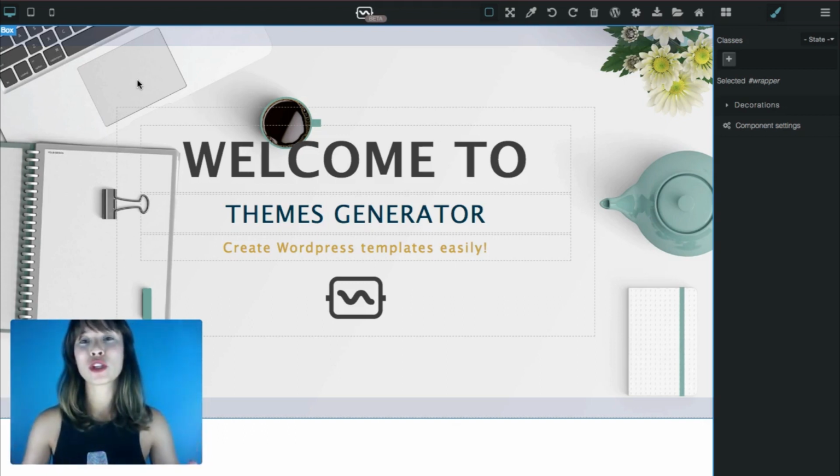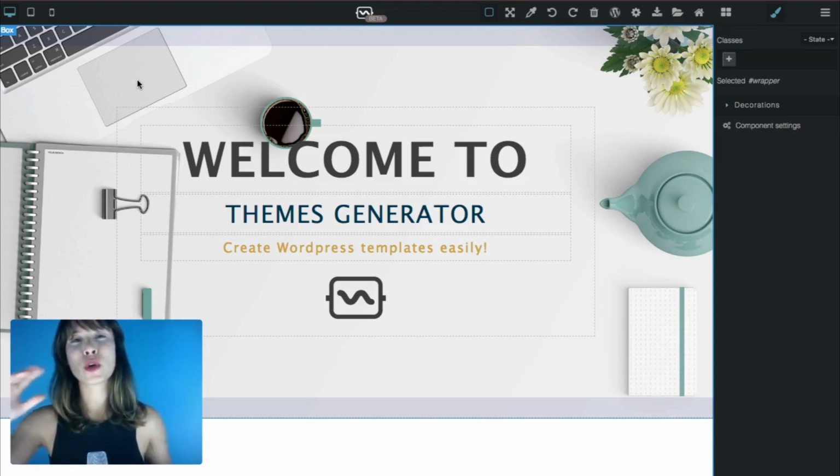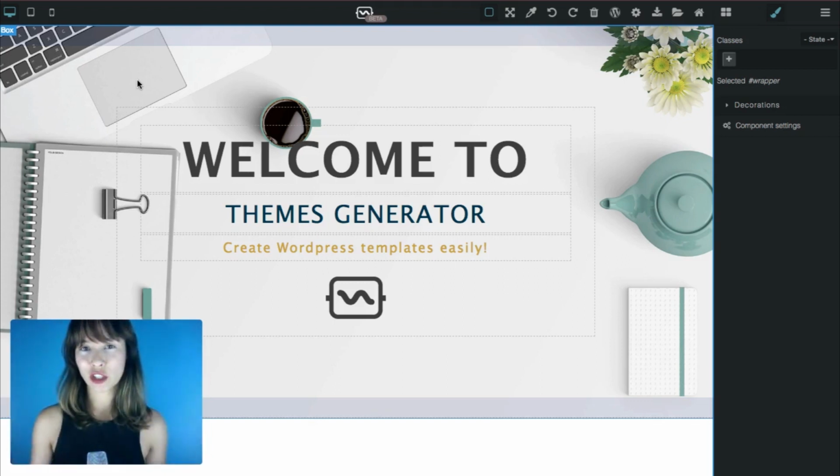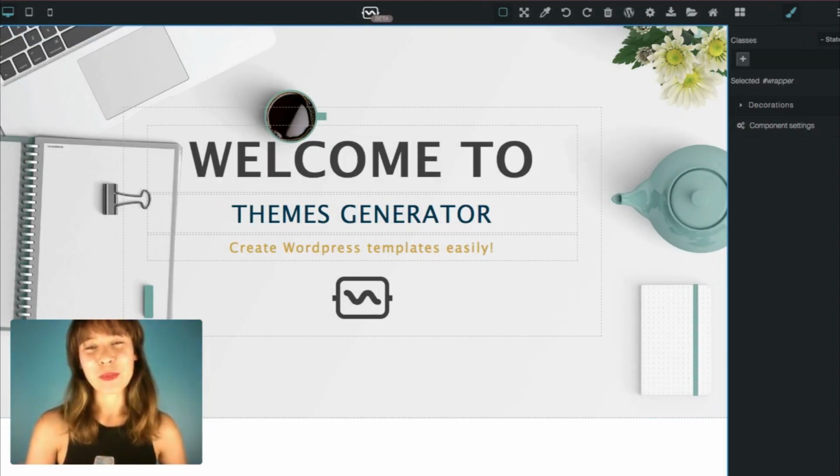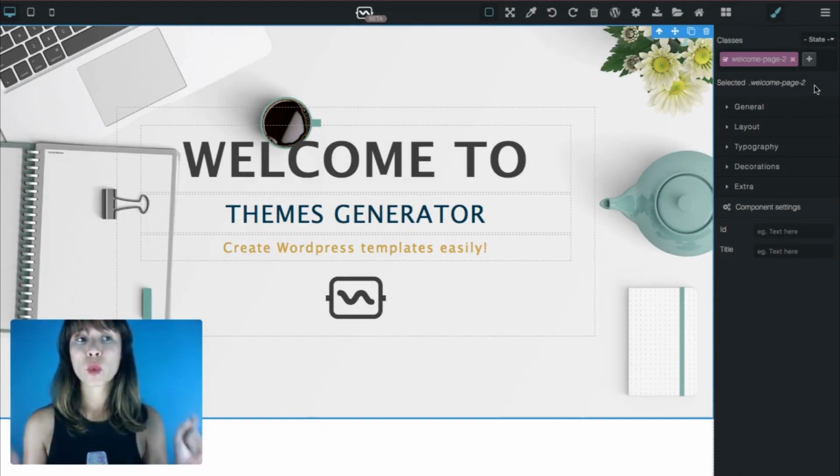But here, we're going to start with a white canvas, okay? So we're going to drag the basic blocks, and we're going to create the different sections. Themes Generator is based on CSS and allows us to apply styles to multiple elements using classes or to unique elements using IDs. What I'm going to do in this tutorial is build a theme called Startup,